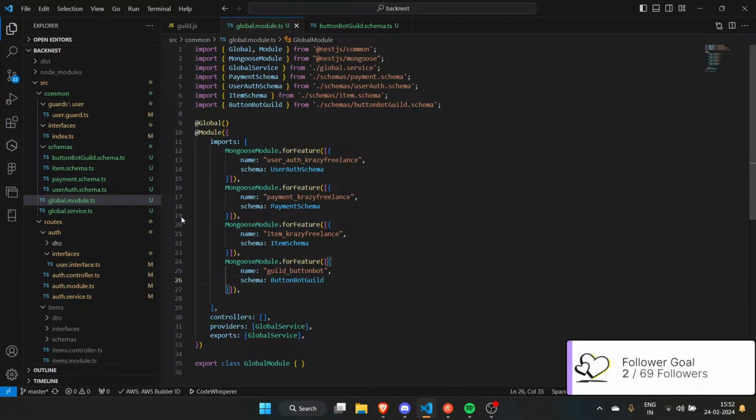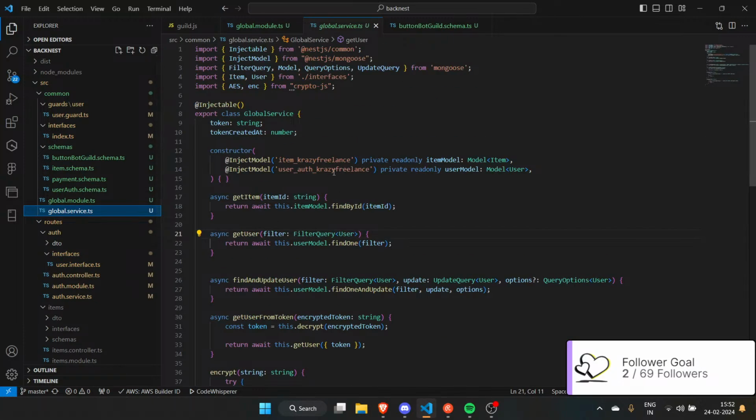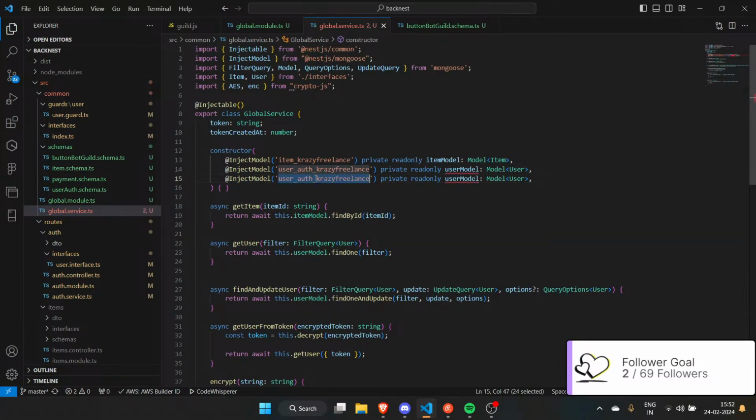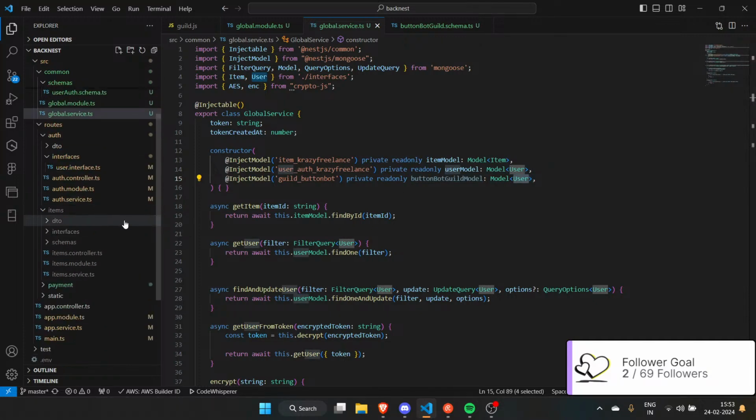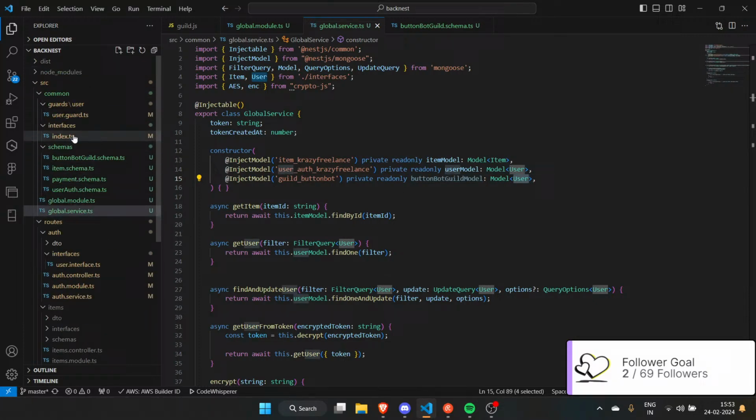Let's go to service, inject the model. It is guild button bot. And I need to do some definitions.